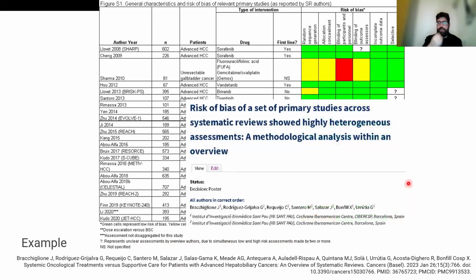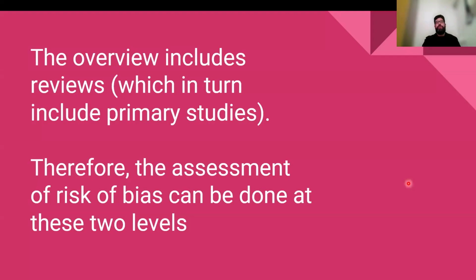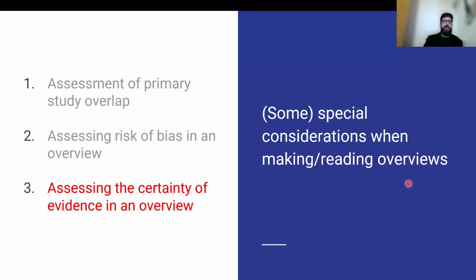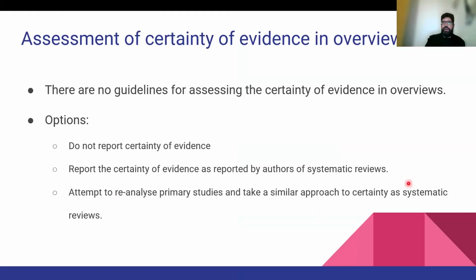This was presented in Cochrane Colloquium last year, so if you want to see the details of the presentation, here it is. So an overview includes reviews, which in turn include primary studies, and therefore the assessment can be done at these 2 levels. And the same applies to the certainty of evidence,